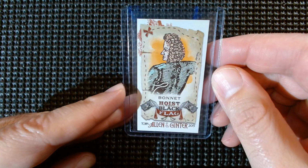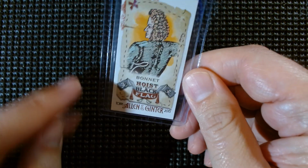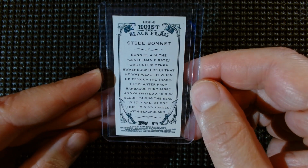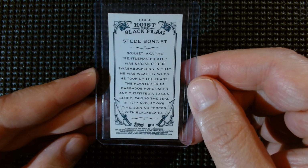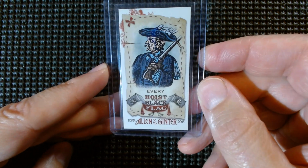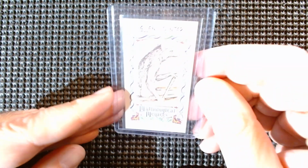And Bonnet. I like that color too down here. It's pretty cool. Stede Bonnet. The Gentleman Pirate. Swashbuckler. Alright, then Every. Henry Every. Alright, then we have